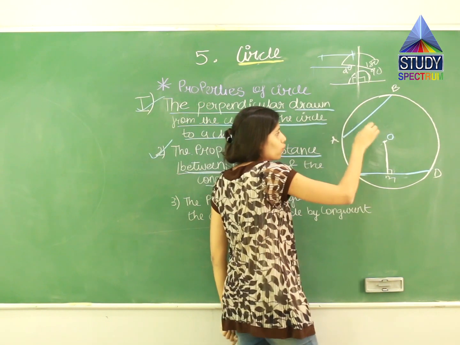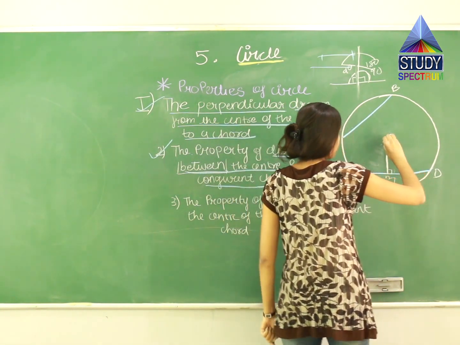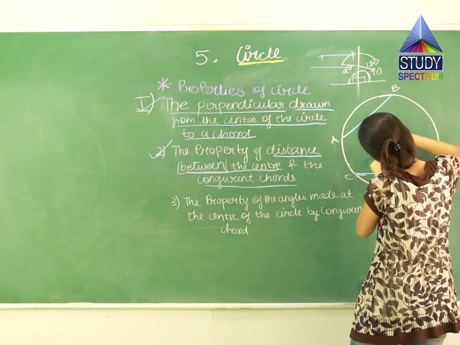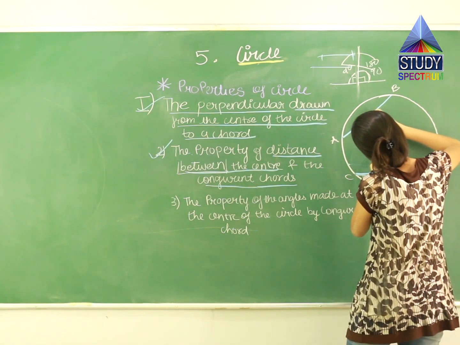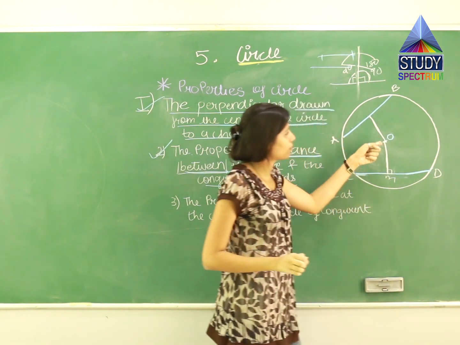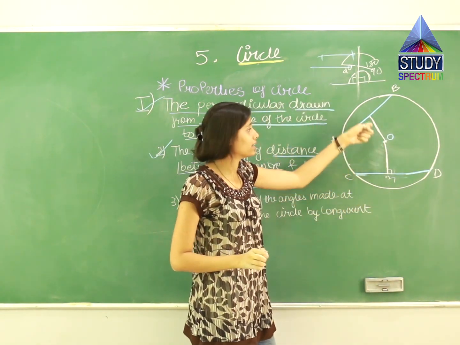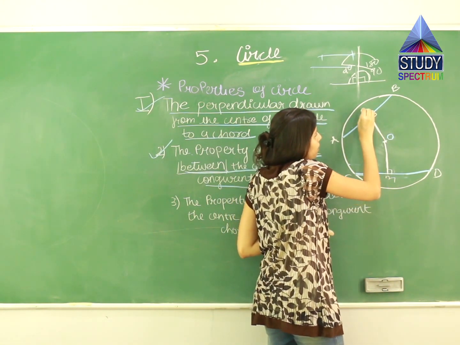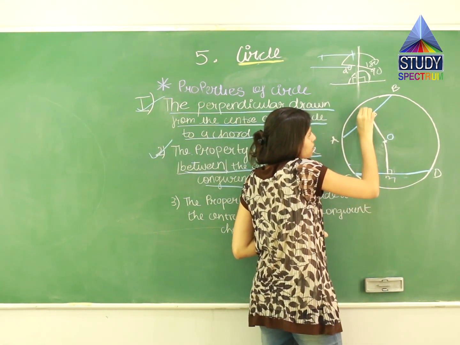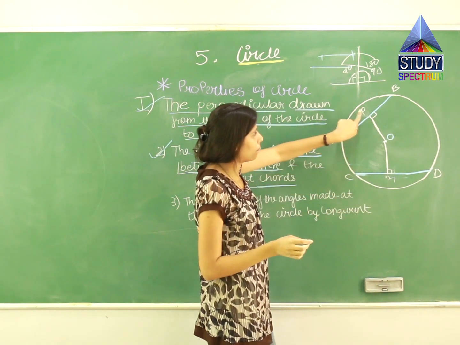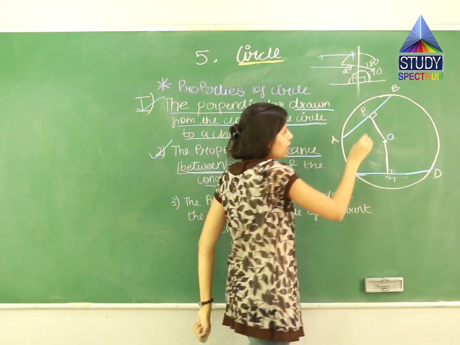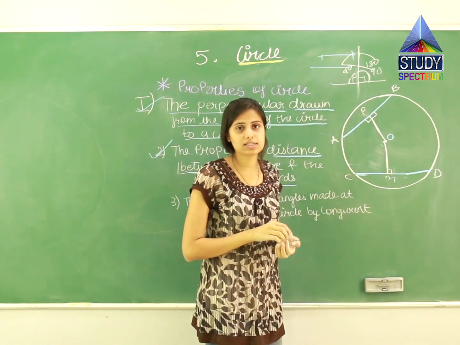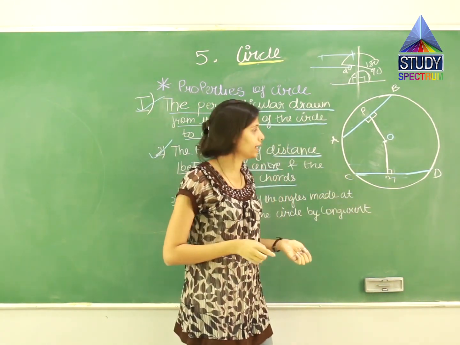Now the same we have to do with this. You have to draw a perpendicular. Look over here, this is AB. I have drawn a perpendicular starting from the center of the circle and intersecting the chord AB, such that, suppose this I name as P, angle OPB is 90 degree. Ultimately this angle will also be 90 degree. As I said, supplementary angles, both should be of 90 degree.